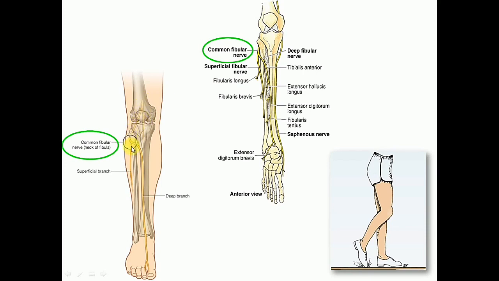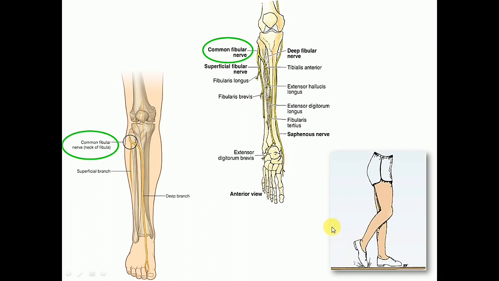The common peroneal further divides into superficial peroneal and the deep peroneal nerves. Superficial peroneal nerve supplies fibularis longus and brevis, also known as peroneus longus and peroneus brevis, which are the main everters of the foot, whereas the deep peroneal or deep fibular nerve supplies the muscles of anterior compartment of leg, which are the dorsiflexors of the foot. So injury to the common peroneal nerve will lead to paralysis of dorsiflexors, leading to foot drop, and also the paralysis of peroneus longus and brevis, and that will lead to inability to evert the foot.